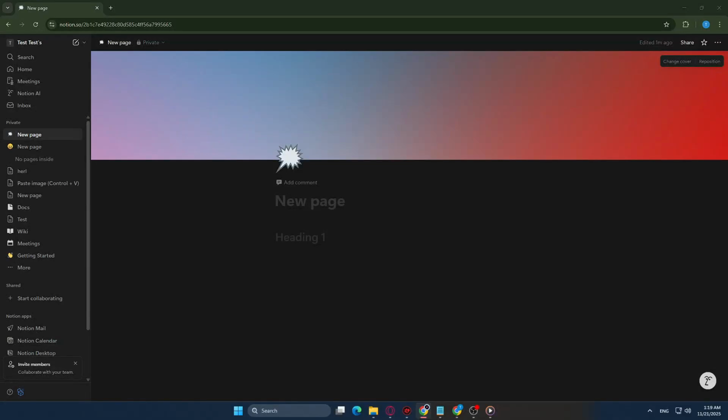In today's video, I'm going to teach you how to move and reorder blocks in Notion. This is a quick, practical skill that makes your pages cleaner, more organized, and easier to navigate. Whether you're tidying up notes, rearranging tasks, or moving images, Notion makes it simple with its drag and drop system. I'll walk you through it at a comfortable pace, and by the end, you'll be able to shuffle content exactly